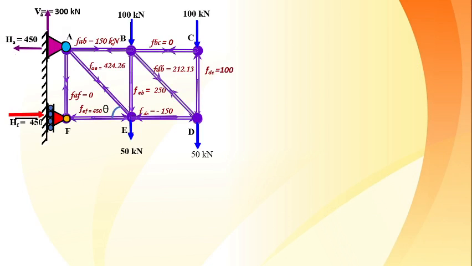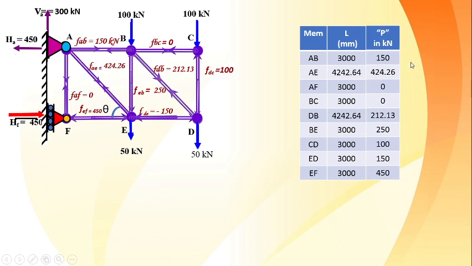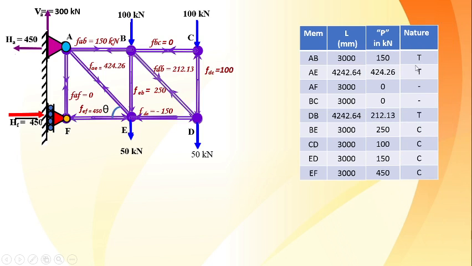First of all, in the basic problem figure, I have shown the external support reactions as well as the internal member reactions, along with the magnitude as well as direction. Now at last we have to compile all this data. This was the given data, members and the various lengths. Now we have to compile the force magnitude and the nature. So here are the forces and their magnitude, and then the nature. After compiling this whole data, we can say we have finished this problem.